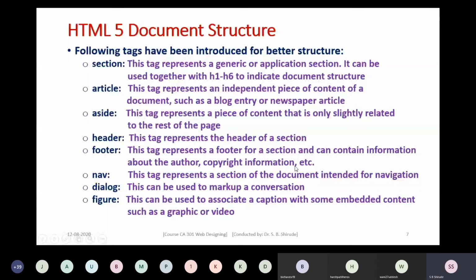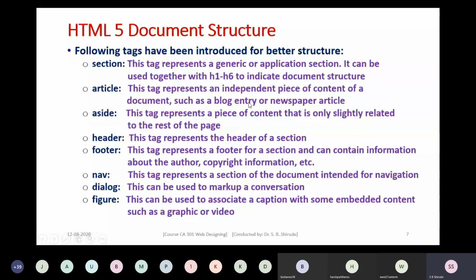Then we have nav. What is this nav? This is navigation. It is simply used for navigation. This tag represents a section of the document intended for navigation. On a web page, mostly on the top or mostly on the left side of a page, we have a navigation bar. What is the use of that navigation bar? If you want to go to more details of a particular topic, you click it, and on the right side that text appears.